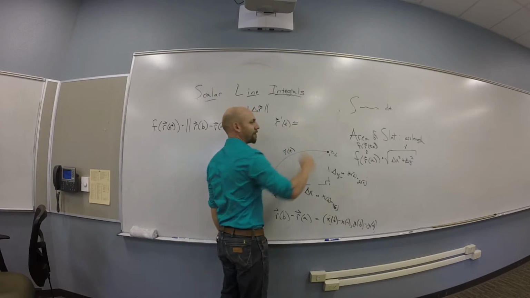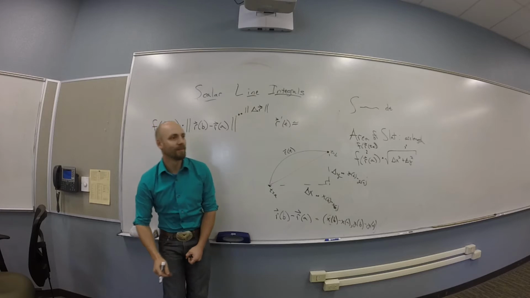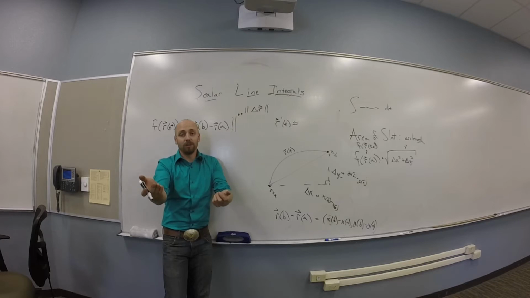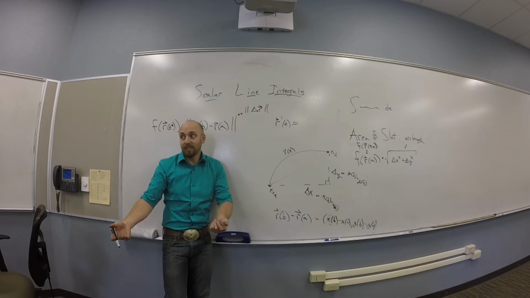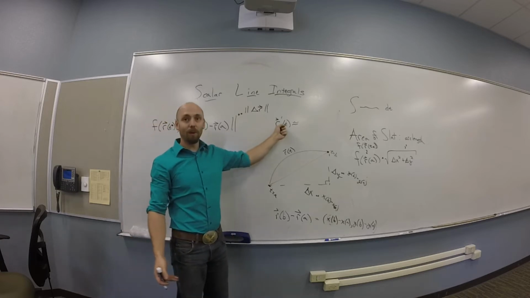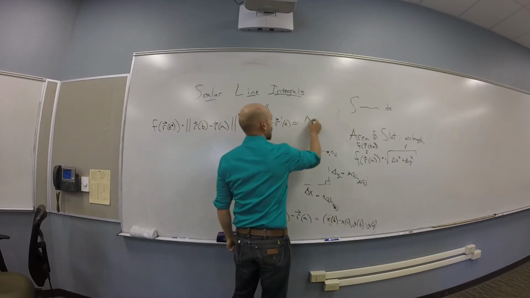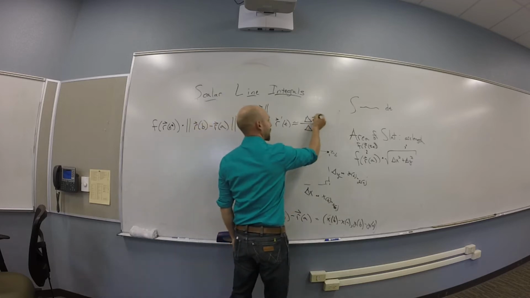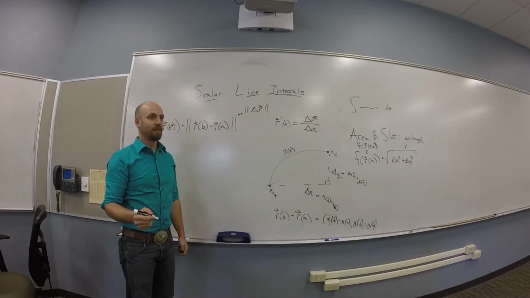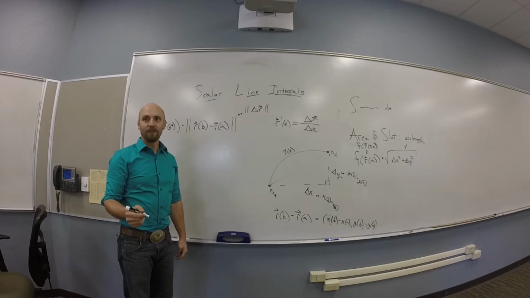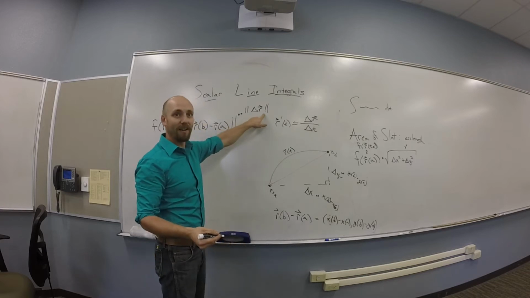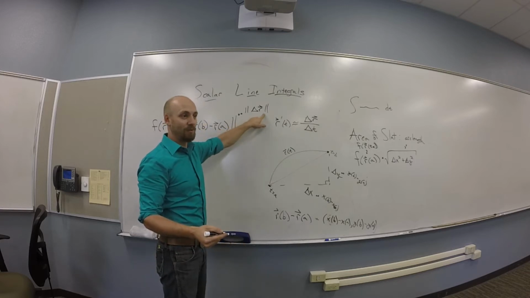How would you approximate a derivative? Like what's y prime? Yes, slope of tangent line, right? So it's the change in the y's divided by the change in the x's. So r prime of t should be basically the change in the r's divided by the change in the t's, right? You guys with me? Okay, so the magnitude of r prime, so the magnitude of the change in r, should be